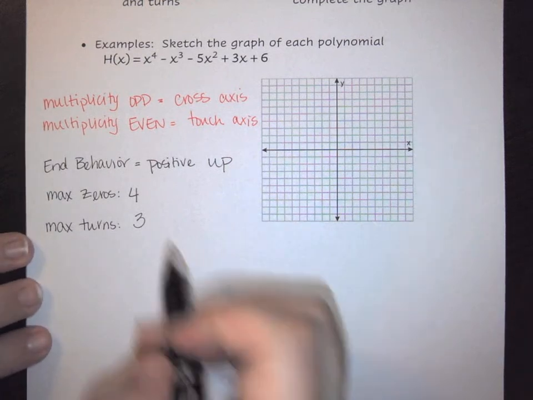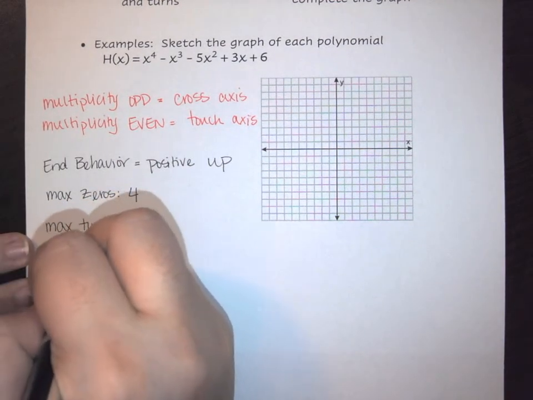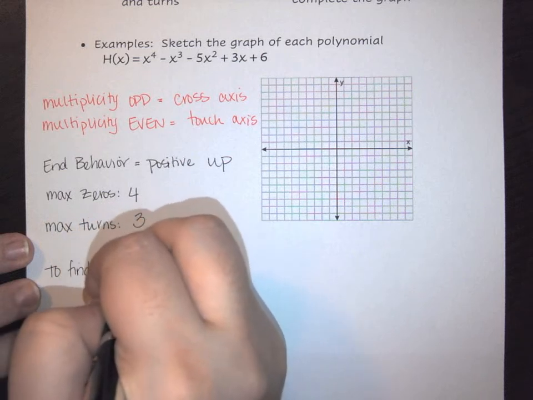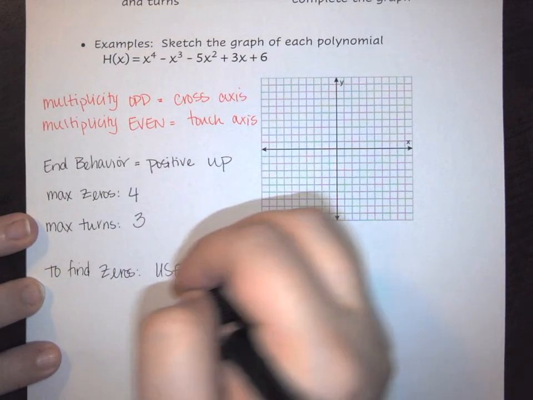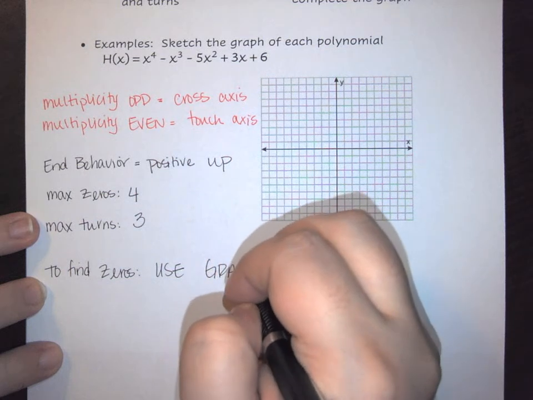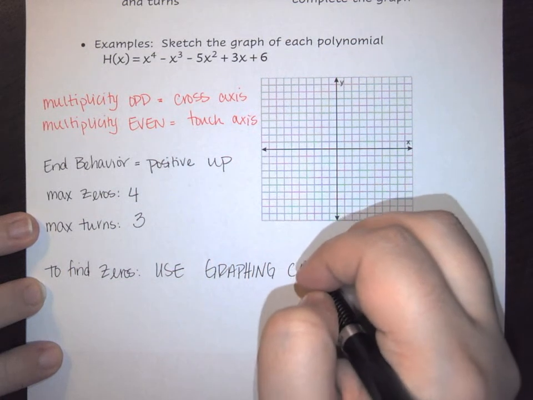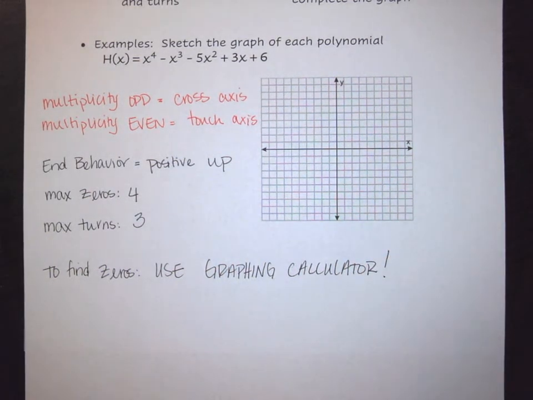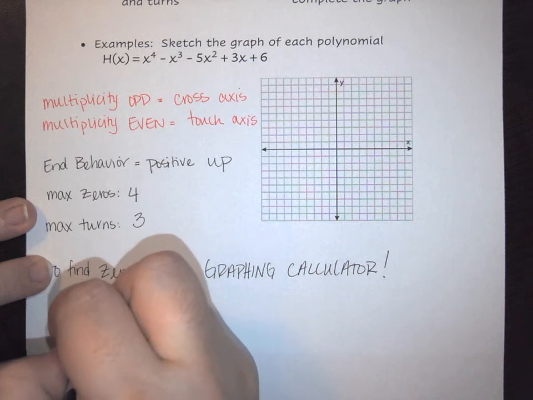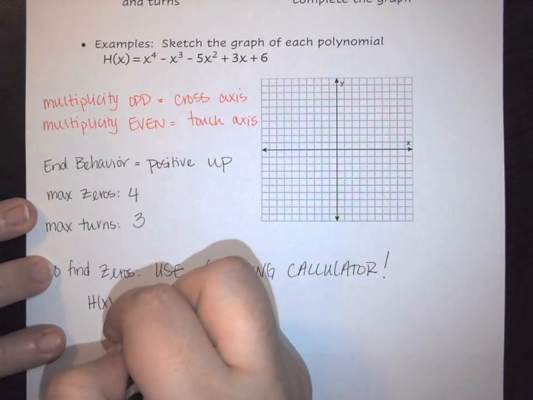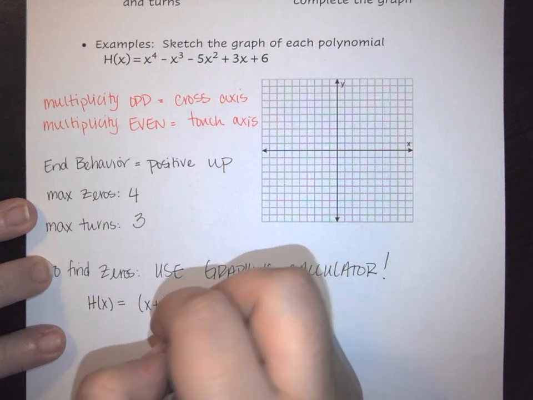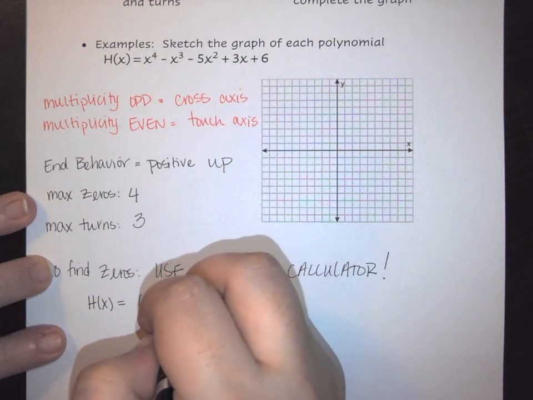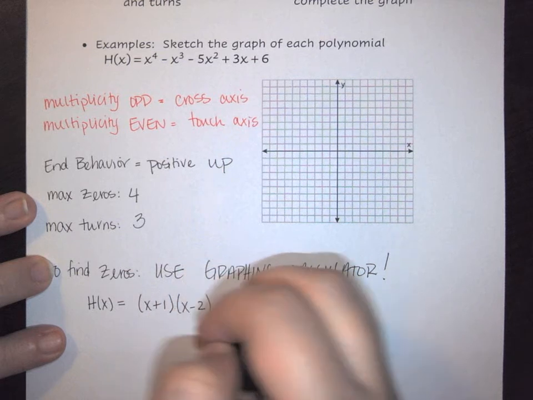Now, the biggest hint I can give you here is that to find your zeros, use your graphing calculator. You're going to use this to speed up the process by using the zeros function found in your calculator. So in this case, you would find out that my h of x is going to have x plus 1 times x minus 2